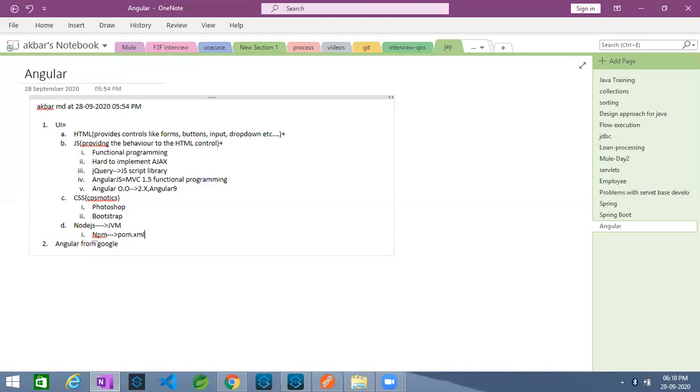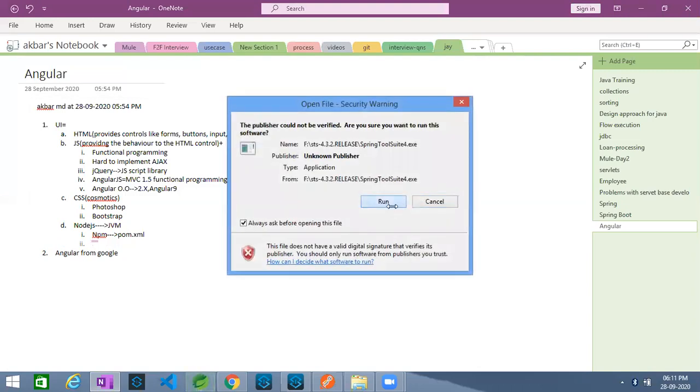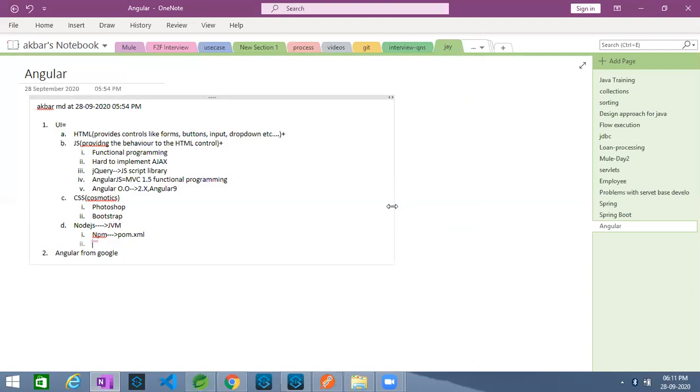Similarly, when you are adding any dependency in your project, in your Spring Boot or Maven project, we add the dependencies, right? I'm trying to compare. If you add a dependency in your pom.xml, it will download certain jar files, correct?